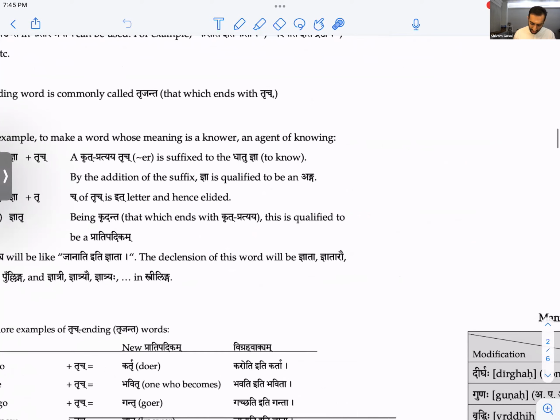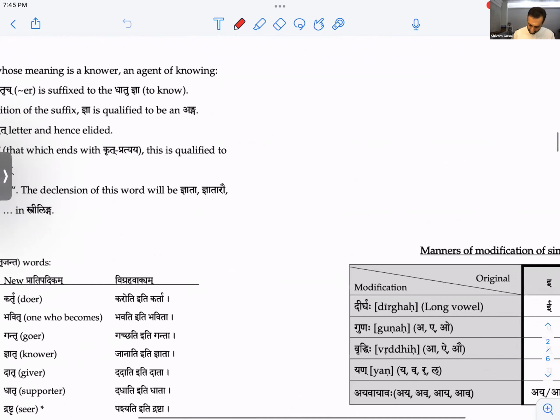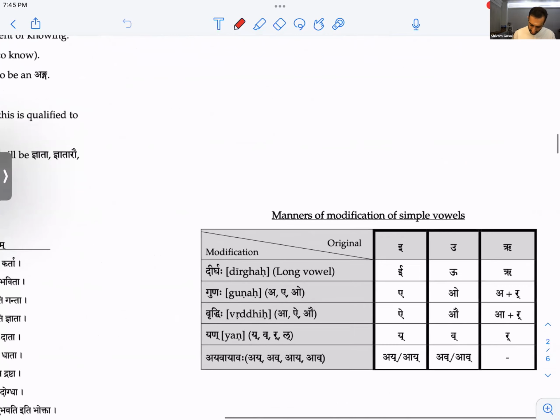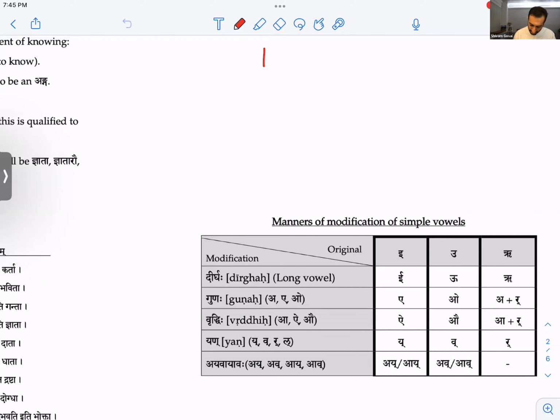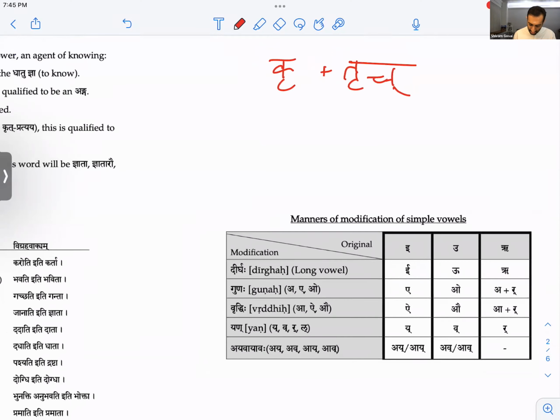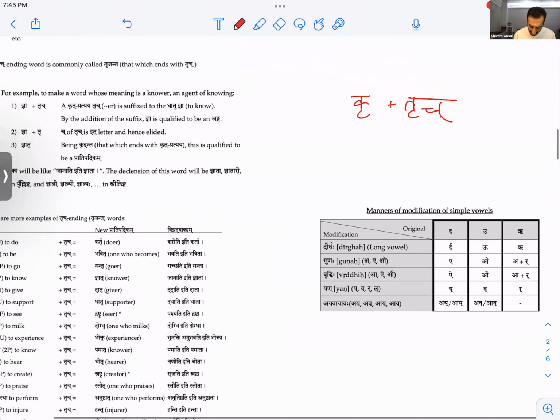Okay, now let's look at Kru. So if I have Kru plus Trich, excuse the handwriting. Okay, Kru plus Trich. So first, we'll follow this path of Kru.